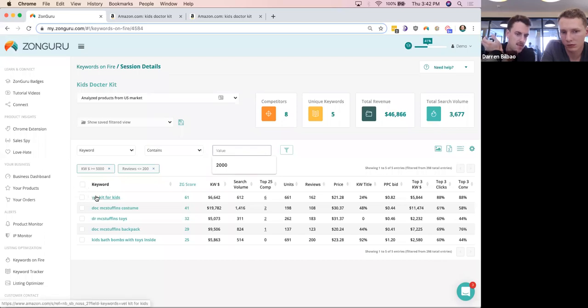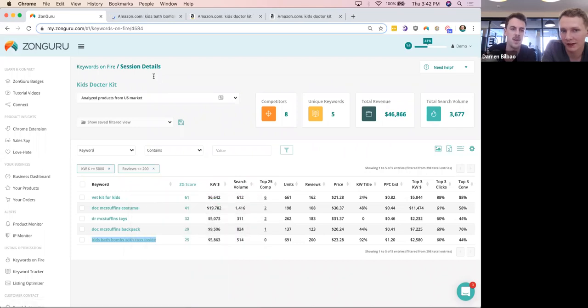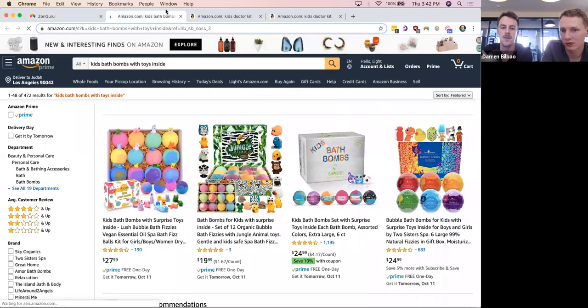There's a vet kit for kids, which is interesting because that's something that we were thinking about before with adding stuffed toys. And then something that really pops out to me is kid bath bombs with toys inside. That is a product I never would have thought of. Yeah, not in a million years. No, never. And it's generating decent search volume, decent revenue. And I would say it's not going to be very competitive because I never would have thought of that product myself. You can actually just click on that link and it will open up that page on